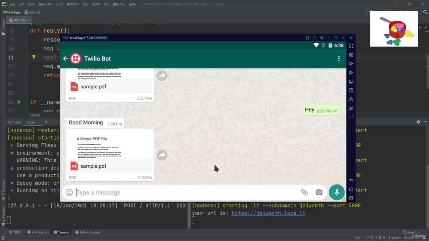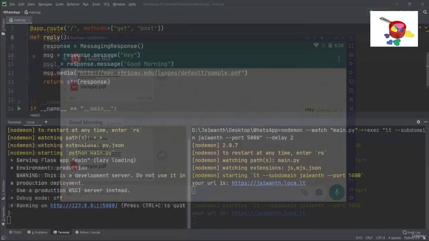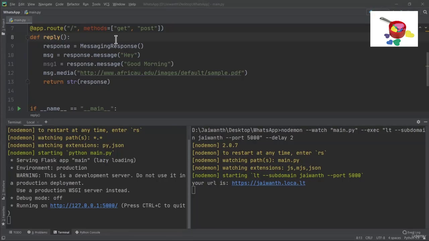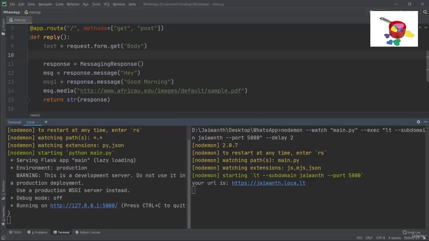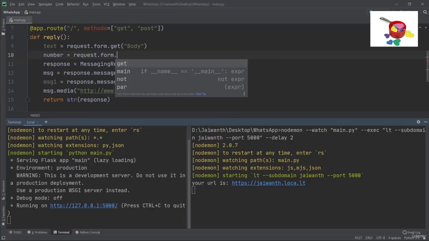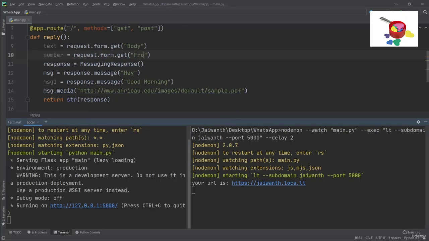Now we'll learn how to actually get the text and number of the person who has sent a WhatsApp message. Back to PyCharm, getting text and WhatsApp number is actually quite easy. All you have to do is declare a variable, let's say text equals request.form.get. We'll get the message from the body attribute and the number will be in the from attribute. So number equals request.form.get of from. This attribute will give us the number and the body attribute will give us the message body, that is the text